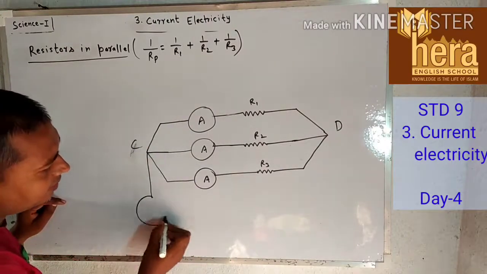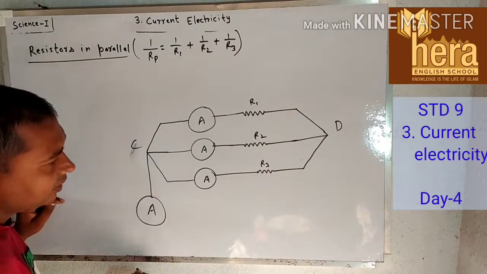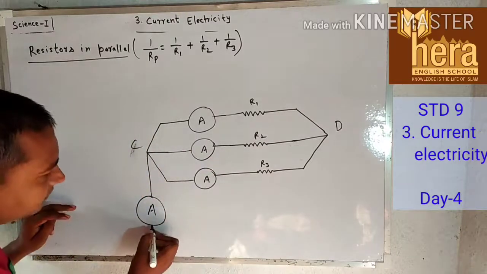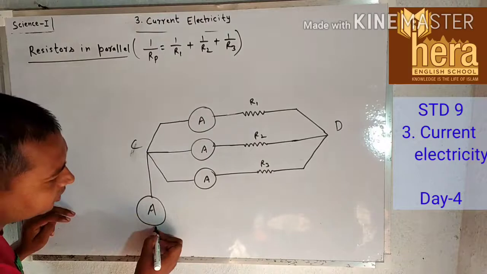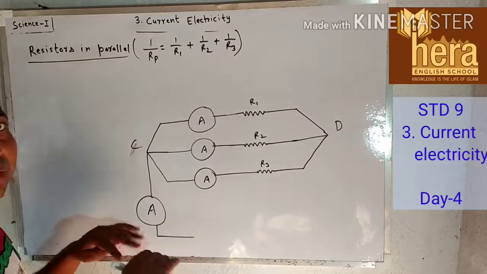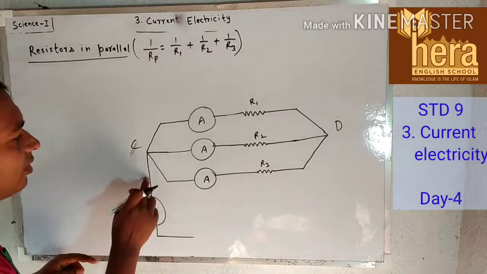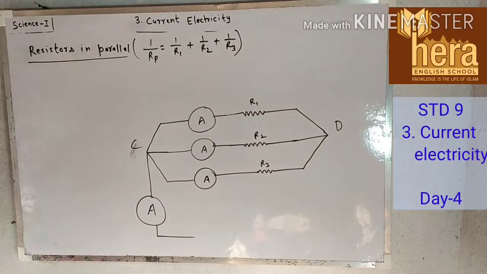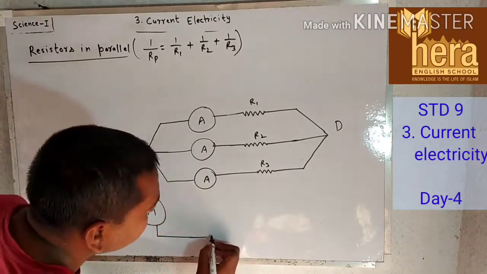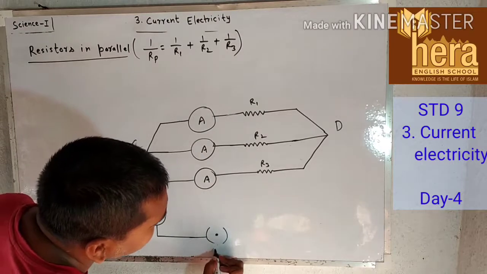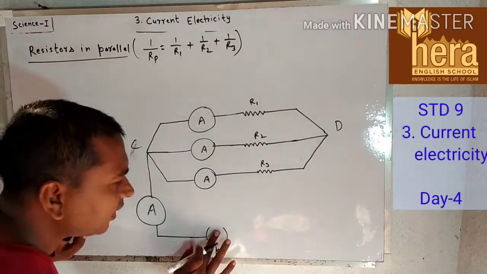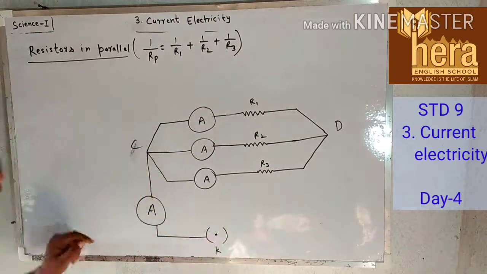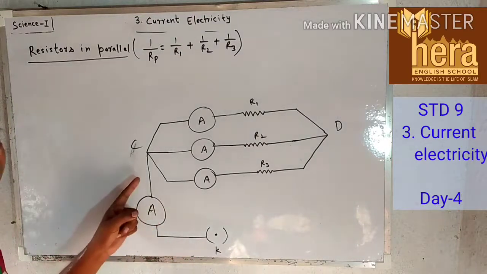There again I will place an ammeter which will measure the total current in the circuit. This ammeter will be used to measure total electric current in the circuit. It means how much current is flowing in this branch. This is a wire. Okay. There is a switch. Switch is on. If you remove this dot from here, now the switch is off. We have to turn the switch on so that electric current can flow in this branch.